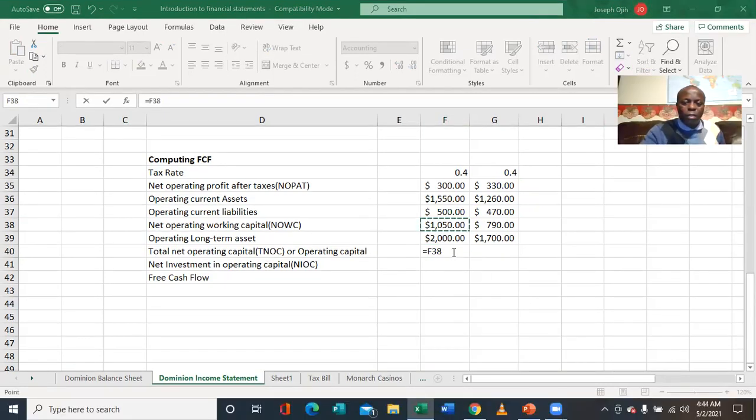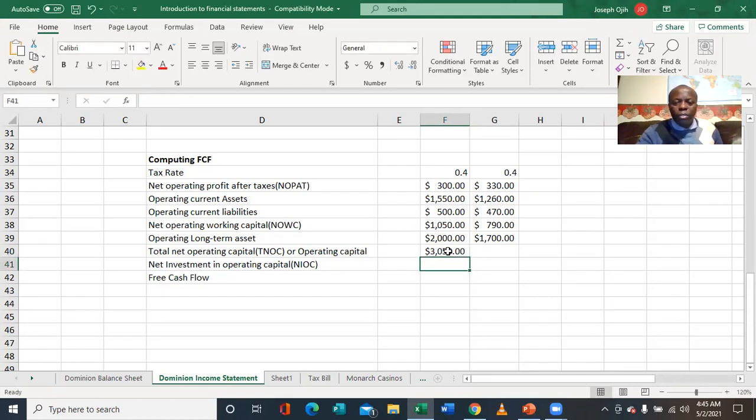Okay. Plus the operating long-term assets. And that gives us 3050. Now you copy it to the next cell. It will calculate for the previous year, which is 2020. Now, with this, we can now